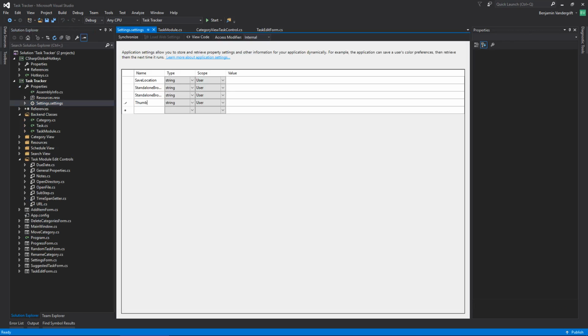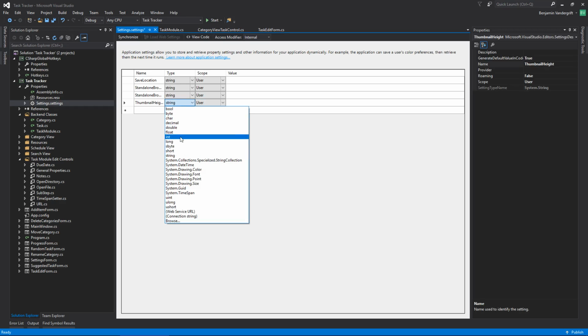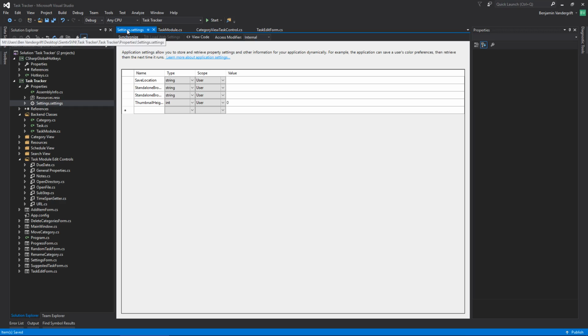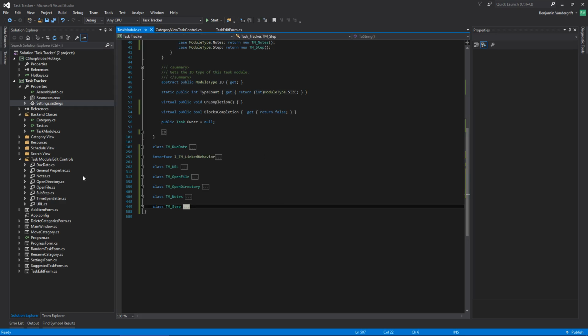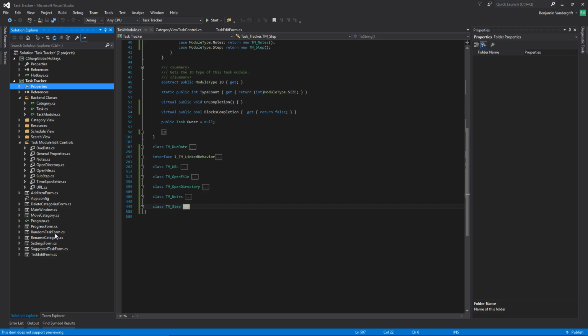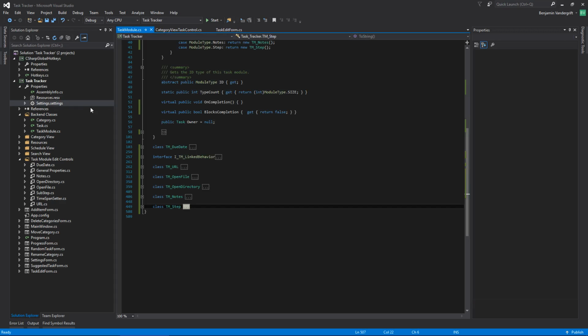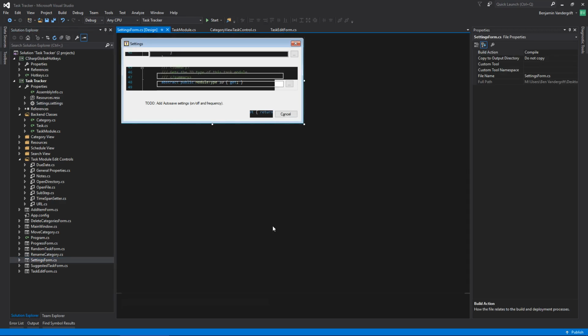This is going to be thumbnail height. This is going to be kind of an important value, because one of the things that I'm going to want to have in this is thumbnails. So let's go ahead and go to our settings. Actually, we should bring this back up and give this a default value of like 100. Okay, so if we go over to our settings form,